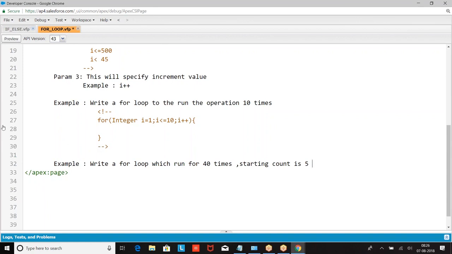Satish, yes. Can we define the data type of the variable outside the for loop? Yes, we can. Now this one we cannot. You are supposed to define it here. It is a local scope. This we cannot define; it should be here only. Okay, thank you. So we are going to define it here.